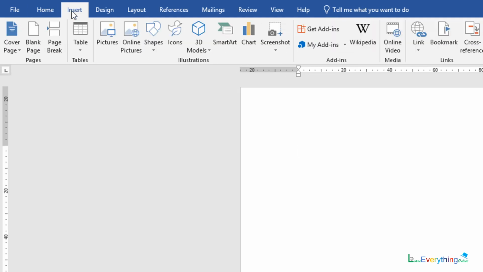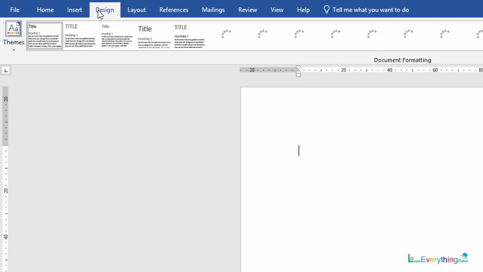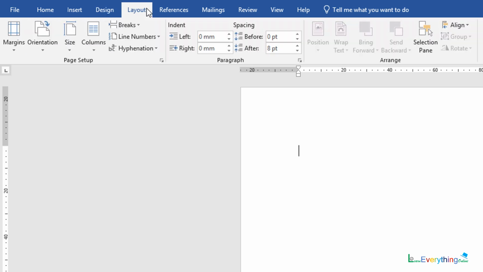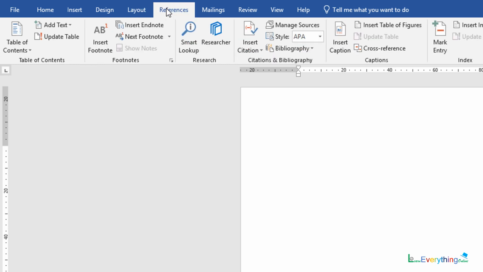In the same way you have multiple groups in different tabs. This is the Insert tab. Insert is to add anything, so new things which you want to add in this particular area are in Insert. Design will give you ready-made design, layout or templates. Layout includes margin setting, paper size setting, and printing related settings in this area.